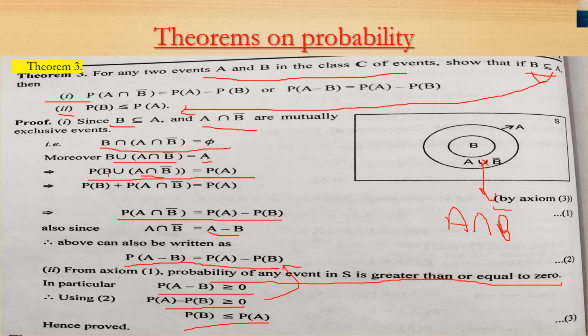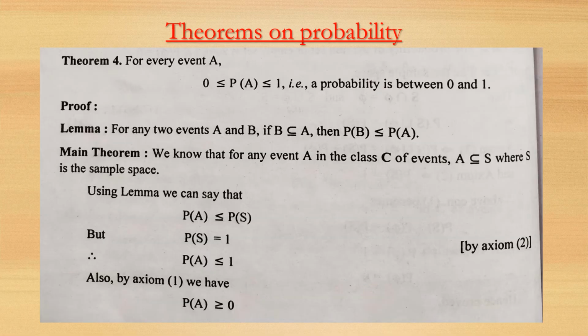Okay, moving to the next theorem. The probability of any event A always lies between 0 and 1. This is a very basic result. How will we prove it? As we used theorem 3 here, if B is a subset of A, then the probability of B is less than or equal to that of A. It simply means that if any set is a subset of another set, then its probability is always less than that of the other set. Since A is a subset of the sample space, and the sample space is a bigger set,